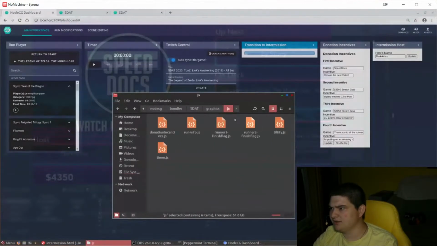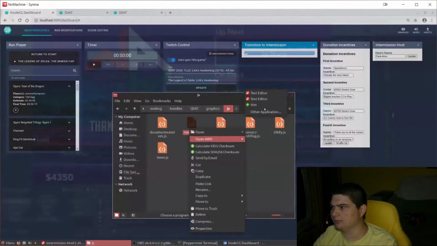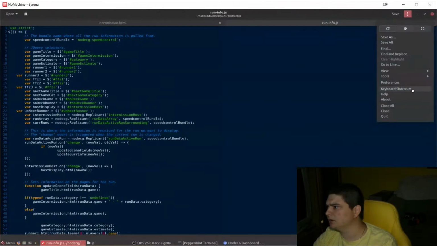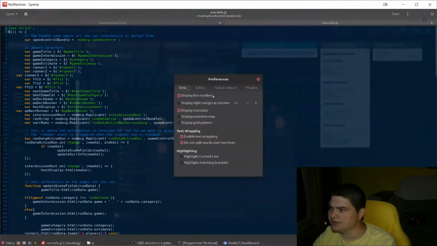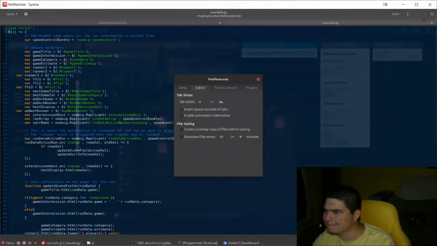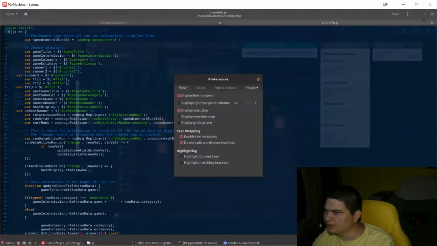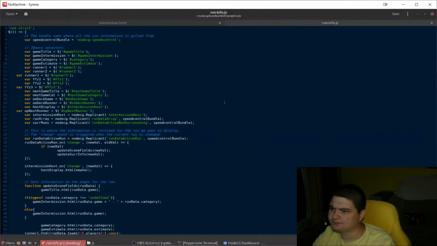So the main piece of code that we use is actually this runinfo.js, and this looks really daunting. Can I bump up the font size? That's a good question. I don't think so, which kind of sucks. But anyways,